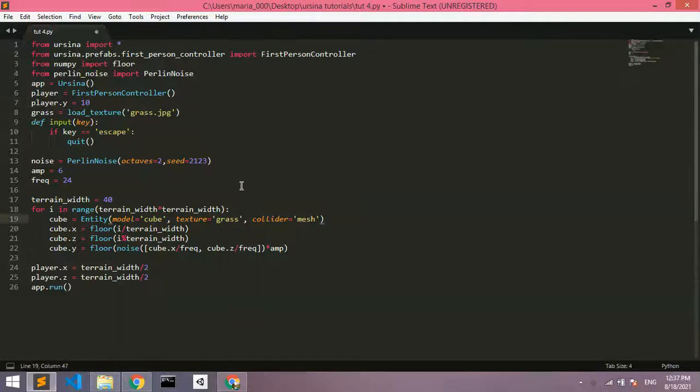To a brand new Ursina video. And in this video, we're going to be looking at implementing some more stuff to our code. So for example, entities and stuff like that. So to start off,